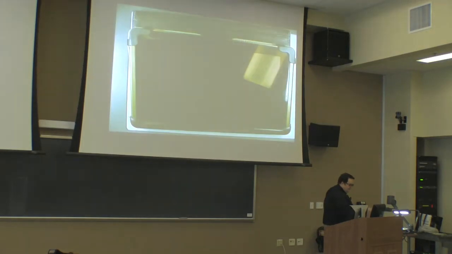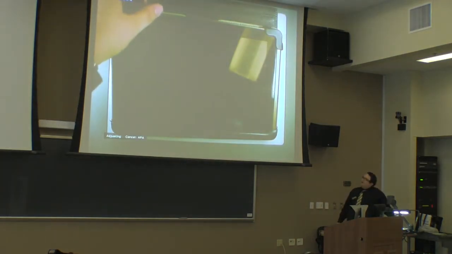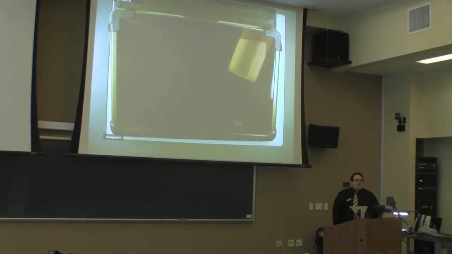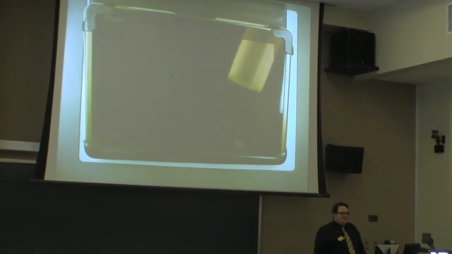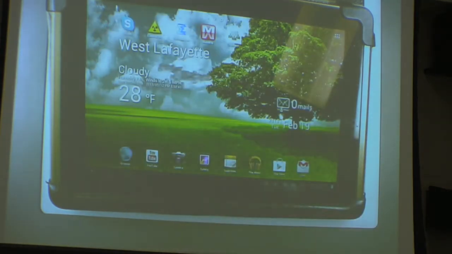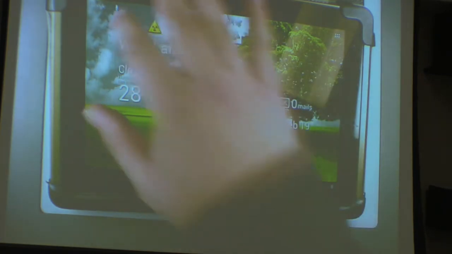What I want to do is demonstrate Skype for just a second. And to do that, we realized that perhaps we were having too much of an iPad overload for this group. So we have our Android tablet here, where I can sometimes remember where the button is to turn it on. There we go. And of course, the nice thing about Skype is that it doesn't matter what tablet or software you're using, you can connect to other people who also have Skype. So on my Android here, I can go into Skype,